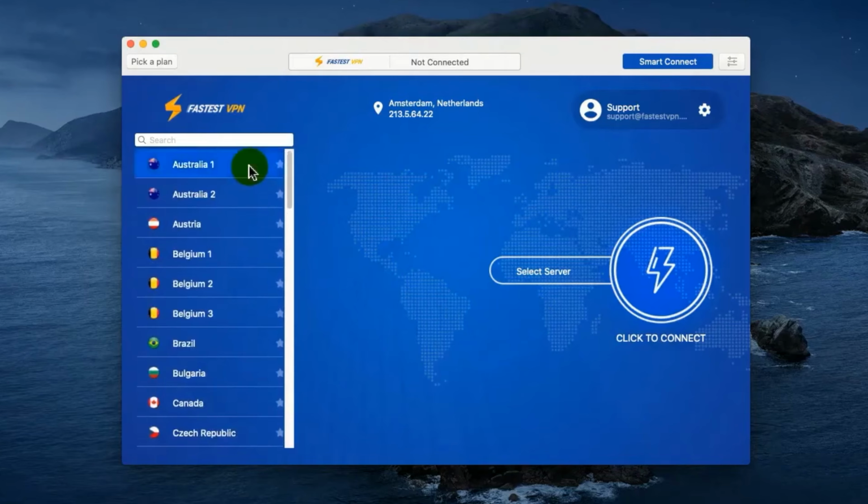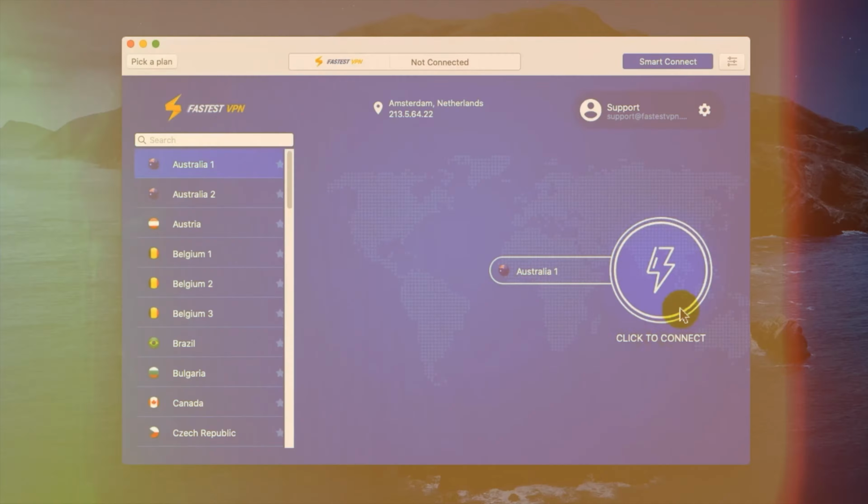The downside is that performance can definitely vary depending on the actual servers, so you might have to try a few out. Some may be slower than others, especially during busy times as well. Of course, there's a small learning curve if you've never used a VPN before, but once you understand the basics,